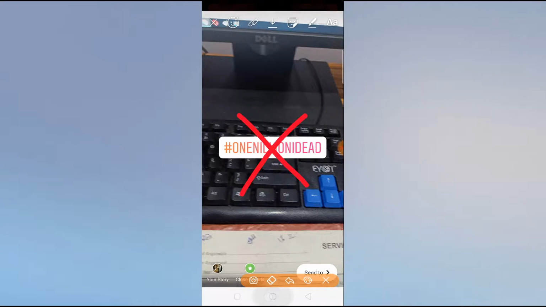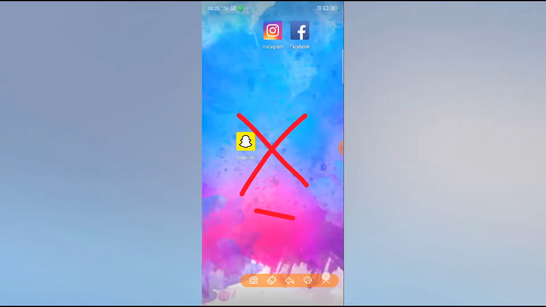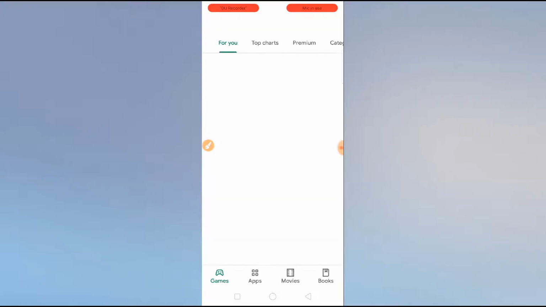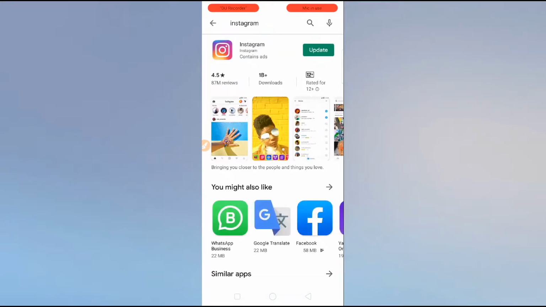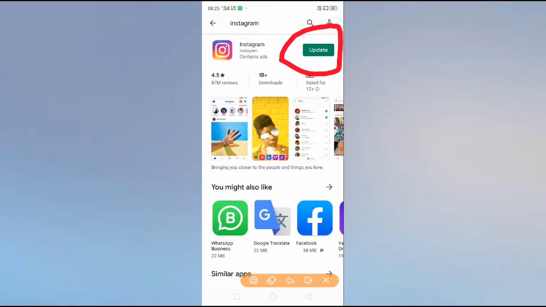So guys, what you have to do is first of all, go to your Google Play Store and then search for Instagram. Click on Instagram and then see whether your Instagram is asking for an update or not. If they are asking for an update, you have to update your Instagram account. Now what you have to do is click here